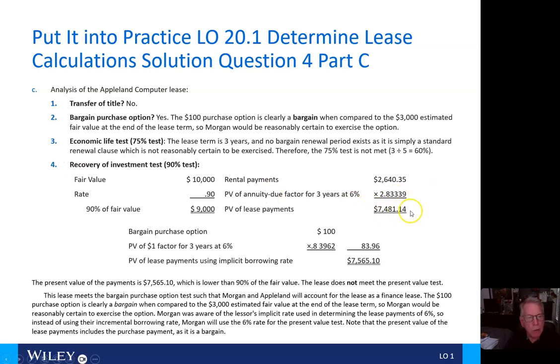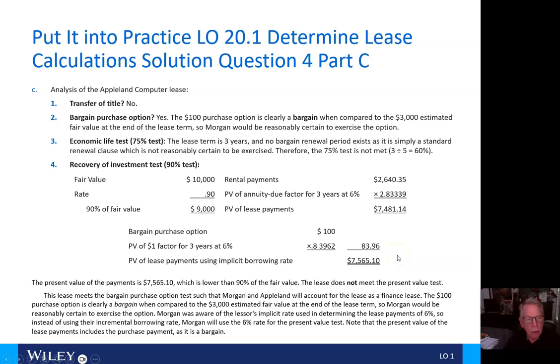And that comes out to $7,481.14. So the bargain purchase option is, we'll use that present value of a dollar factor for 3 years at 6%, and that's 0.83962,